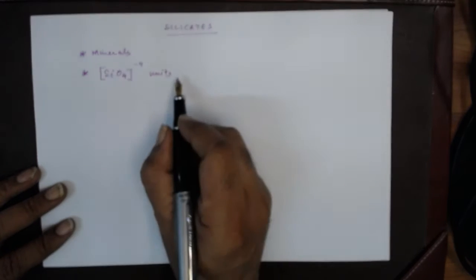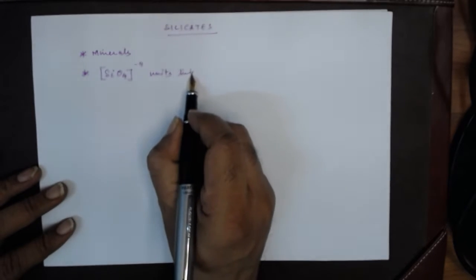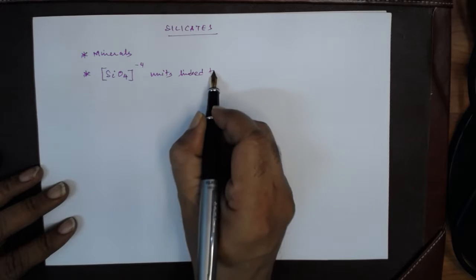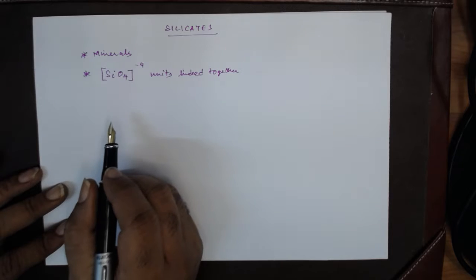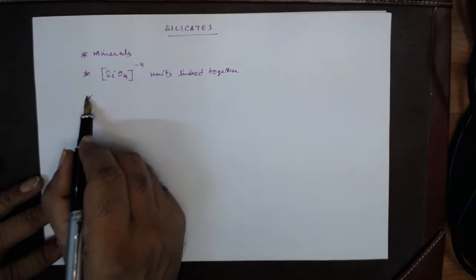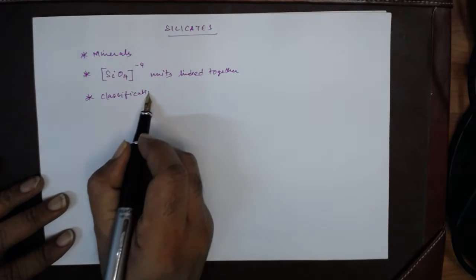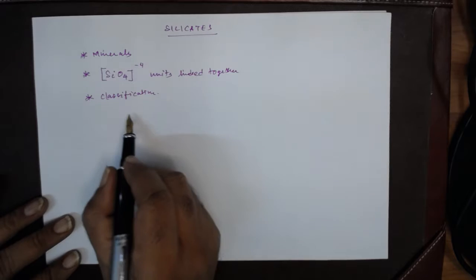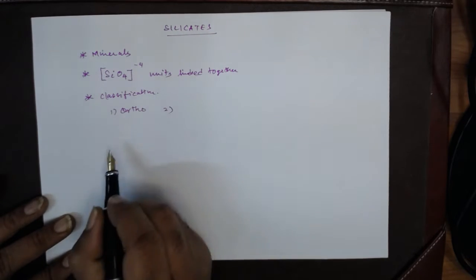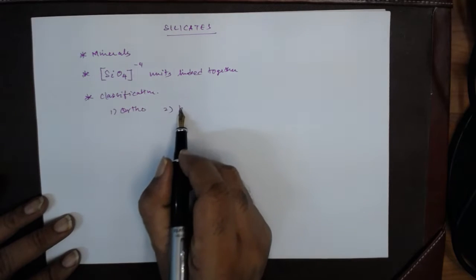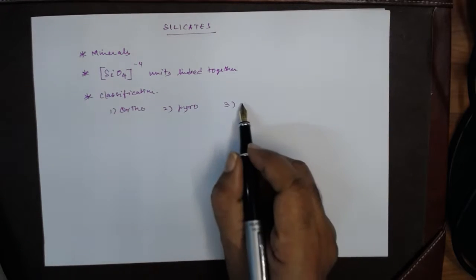They are linked together, and these silicates can be classified as orthosilicate, pyrosilicates, cyclic or ring silicates,